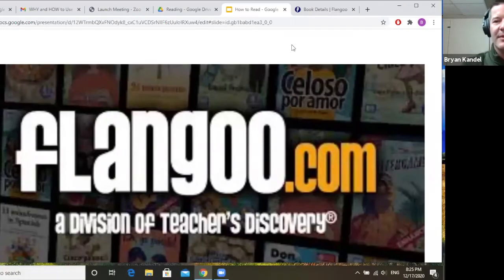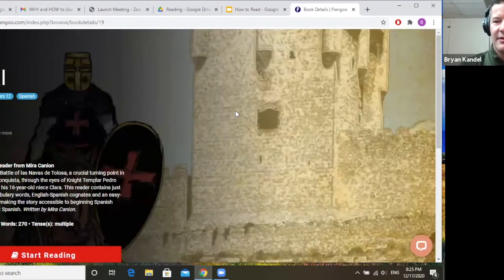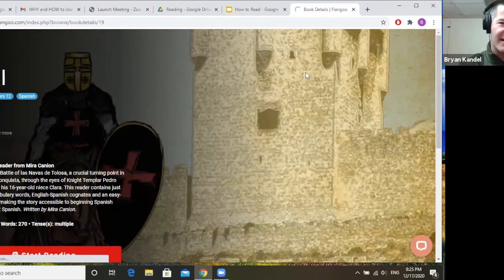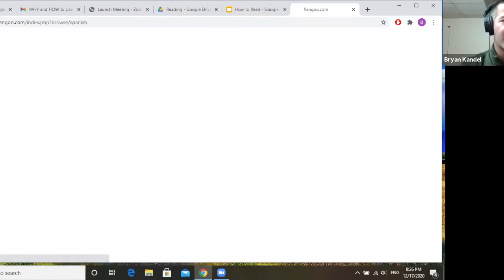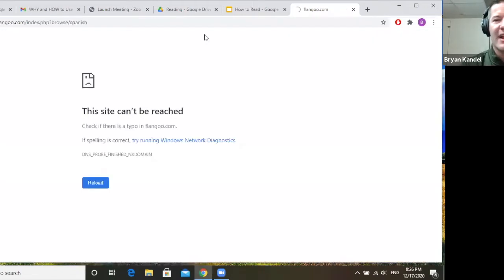Let me open up Flangu here a second. And see how we were having a little trouble with it a minute ago. I was going to open up a text here in Flangu and just kind of look at that same idea of picking out words that students might not know and understanding what we do. Yeah, it looks like maybe it's not going to